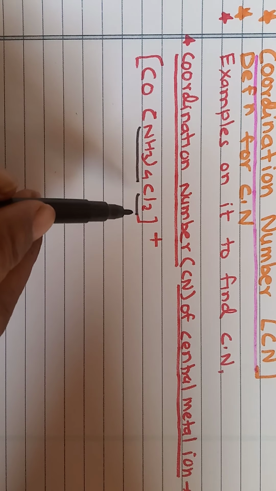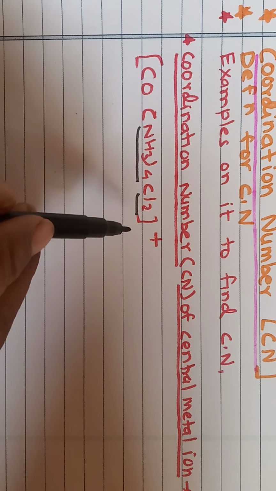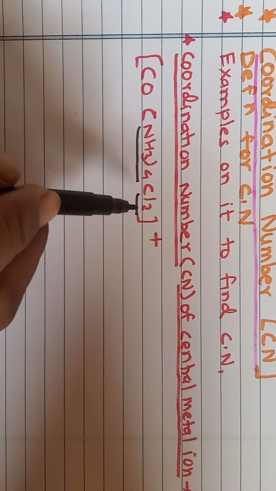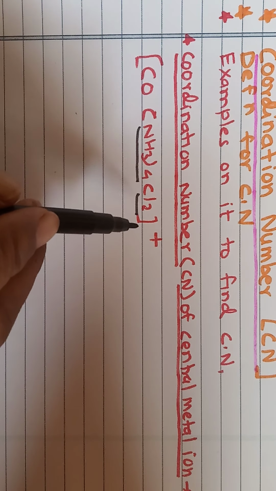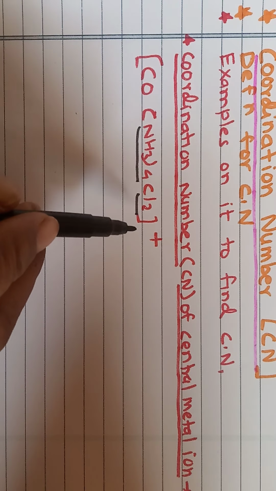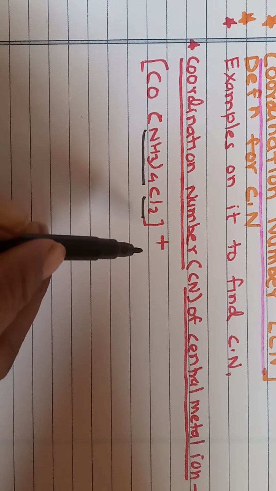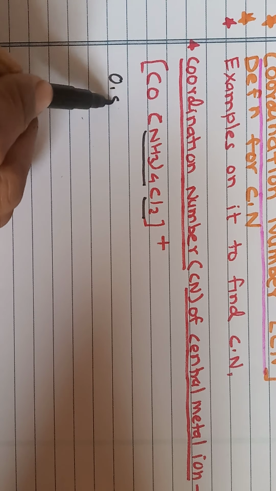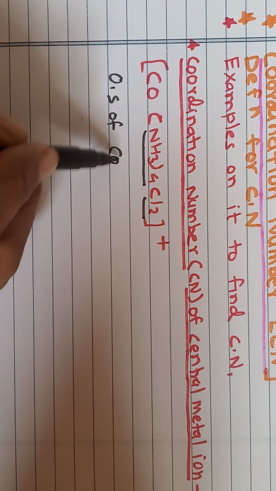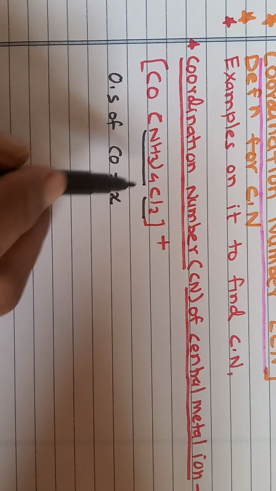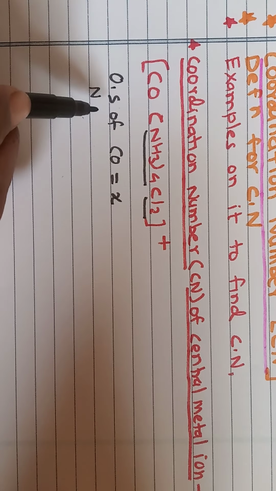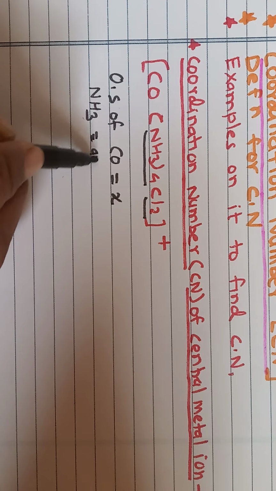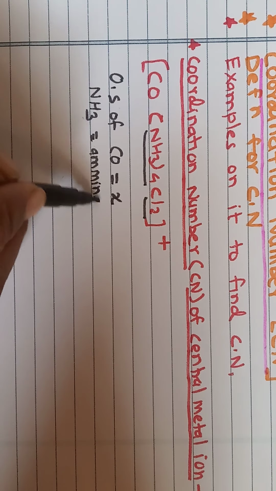Before we find out the coordination number of the cobalt, we know that in the last lecture we discussed how to find out the oxidation number of the central metal ion. So let us revise it first and then go for the coordination number. Let us consider the oxidation number of the cobalt as X. Then these are the amine. Amine is a neutral molecule,